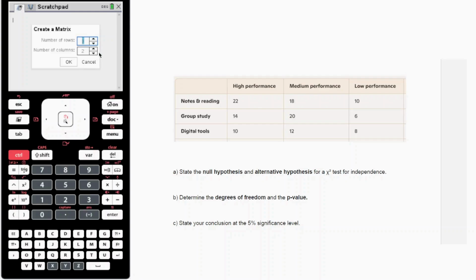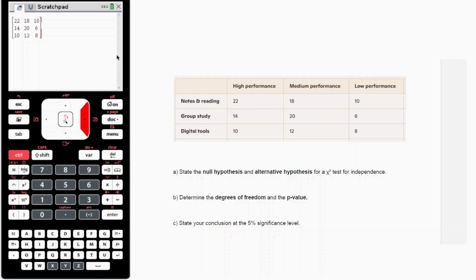Now we have a 3 by 3 matrix and we press OK. Then we just add the numbers that are given in the question. And now that you have the matrix created this way,